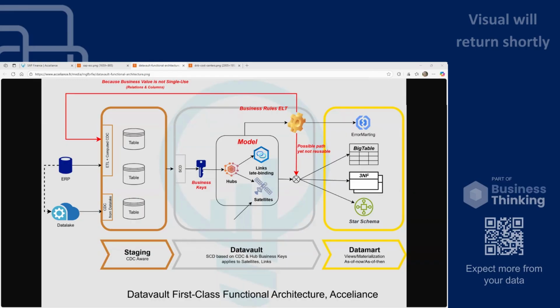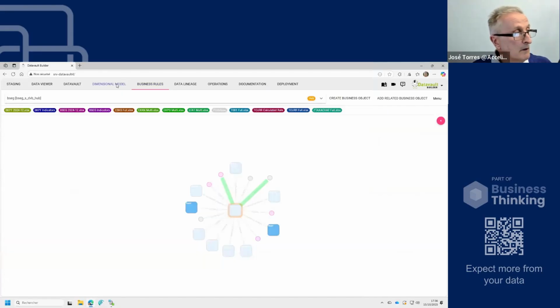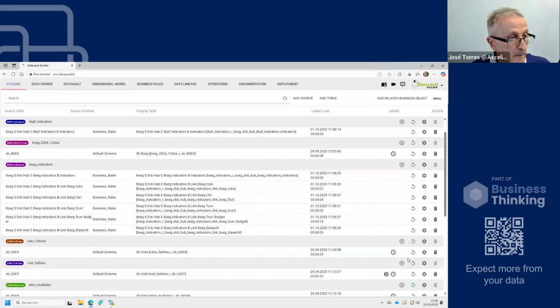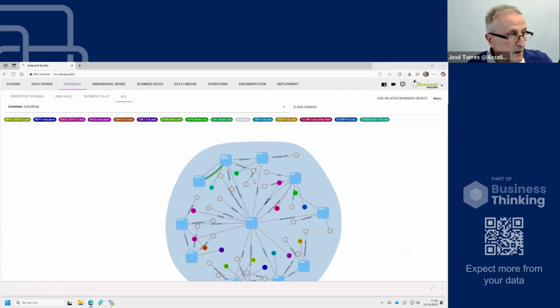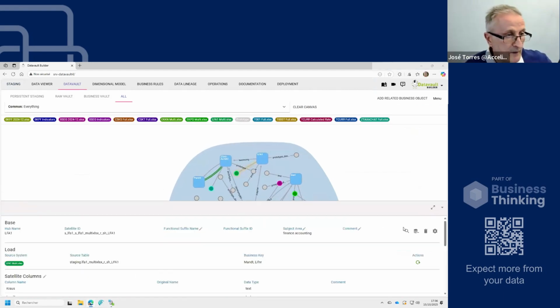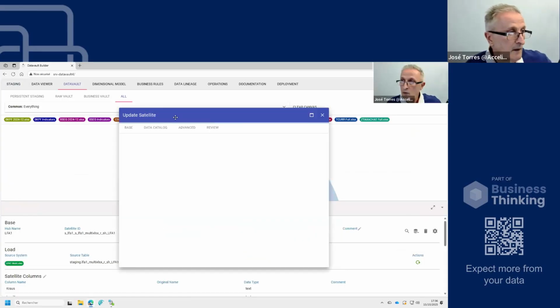Do you have a PSA or do you use transient staging? I believe you mentioned staging being CDC aware, which implies to me you probably have a PSA. At the customer, we recycled the CDC column coming from the data lake, and when we are inside the automation at the satellite level,